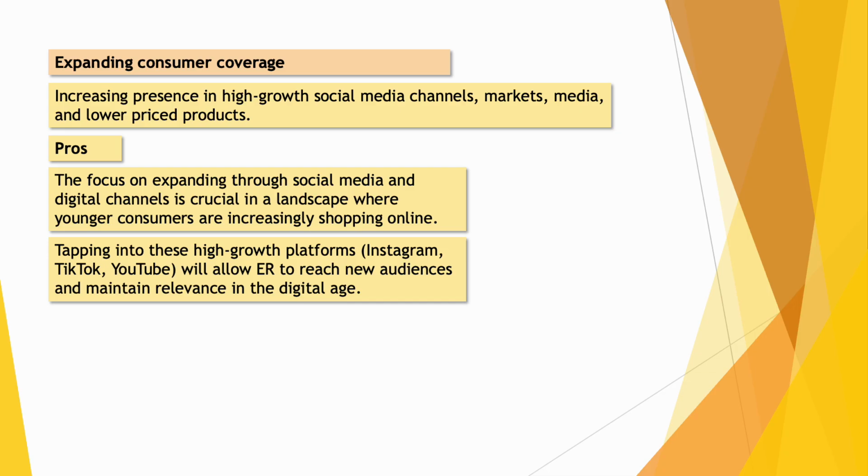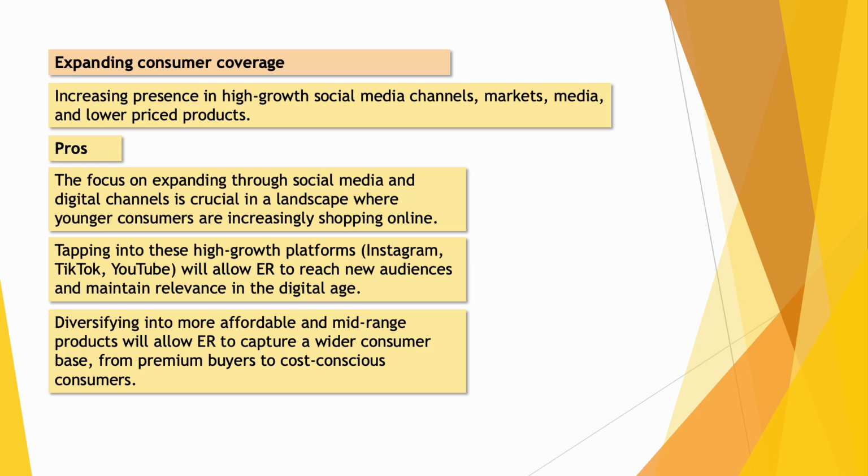Now, one of the other things they're doing isn't just looking at social media channels, it's also about doing some lower price products. Now, that can be an advantage to a company like this as well. Diversifying into more affordable or mid-range products means that ER is going to be able to capture a wider customer base. So as well as hopefully being able to sell to the premium buyers we sell to at the moment, we might be able to tackle lower, more cost-conscious consumers as well. So it broadens our